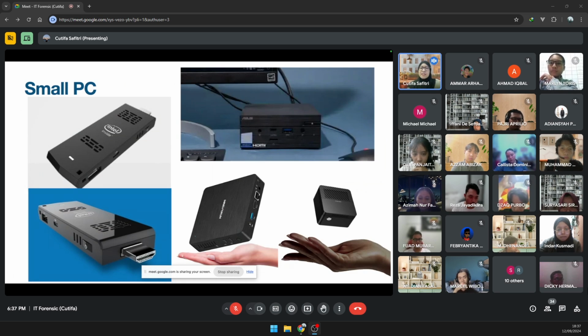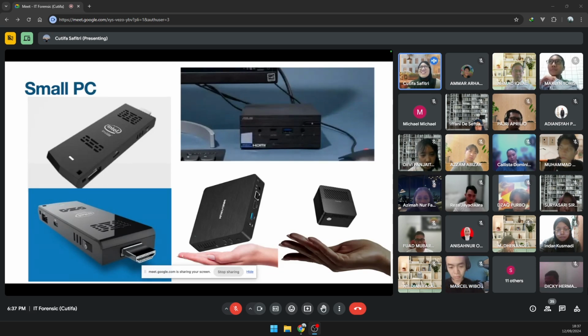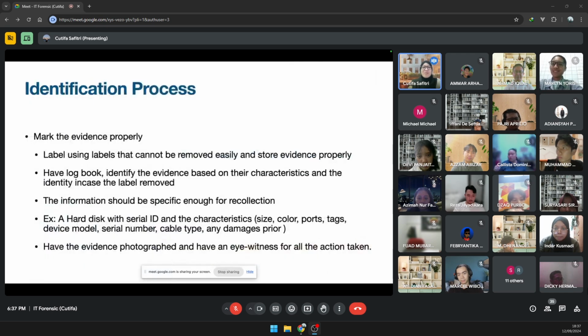So I selected these illustrations that I have here of two small PCs. It says an entire PC, guys, not a USB. It's the entire PC. My illustration here is a woman's hand, guys. A woman's hand is so small, very small. So it is smaller than a woman's hand. Can you imagine it? If I said smaller than Devin's hand, it is bigger than me. So it's smaller than a woman's hand.